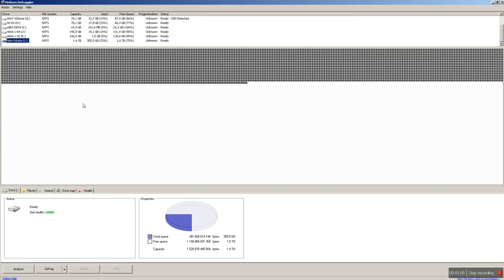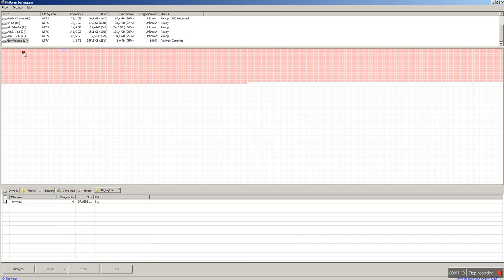And this recording fills a little bit more than 25%. If I tell this defraggler to analyze, I press analyze here, you can see it paints all the blocks red, and you can see one file is in the block. The only file on this partition is this file that I have saved now overnight, and I click it here, and you can see it is mw.raw, 4 fragments,